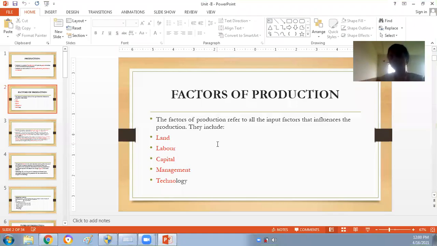Now, what are the various factors of production? We have five basic factors of production: land, labor, capital, management, and technology. These five elements of production influence or change the quantity of